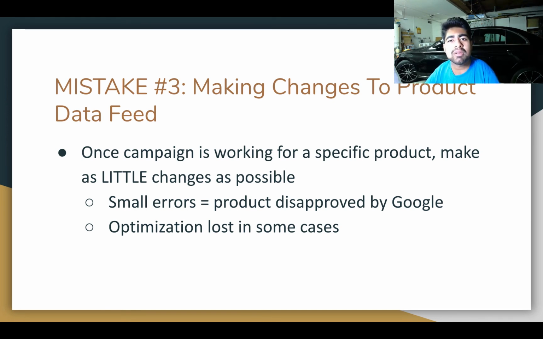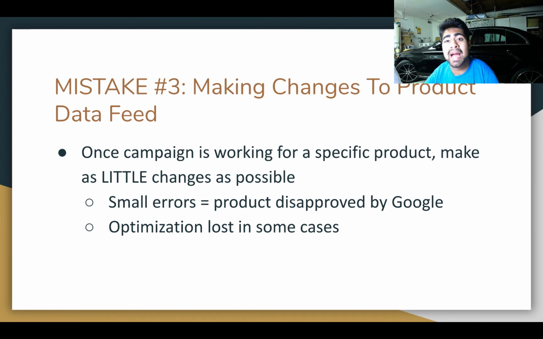Just a few weeks ago, I had a main winning product which was just selling on fire. I was over $1,000 days. And one day while I was playing in the back end, I decided to change the image for that product. Little did I know that that simple change of image literally ruined my entire optimized campaign. And the next day, I had less than half of the sales what I normally got. In addition to that, I was in a loss for the entire 2 weeks that followed, because I was just trying to get the campaign to optimize again.